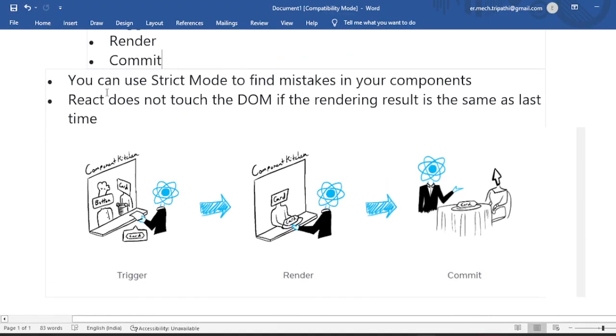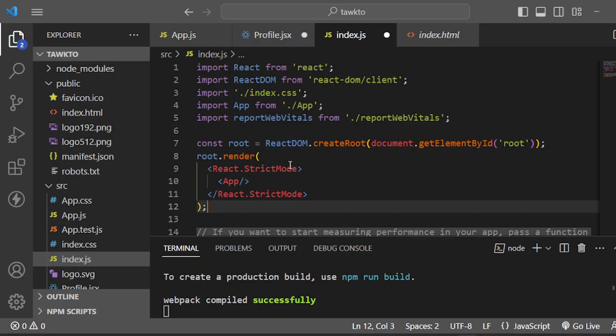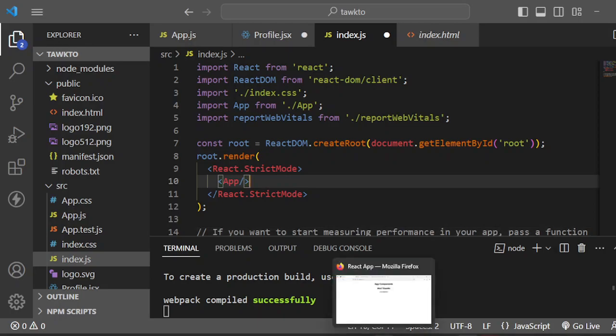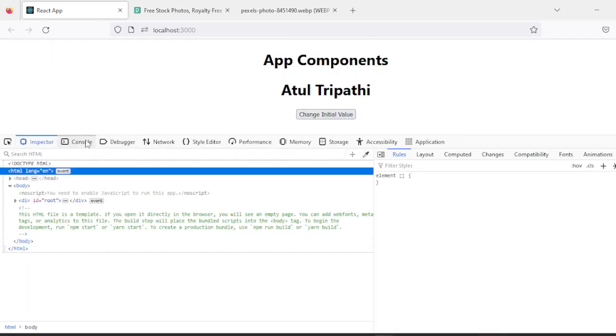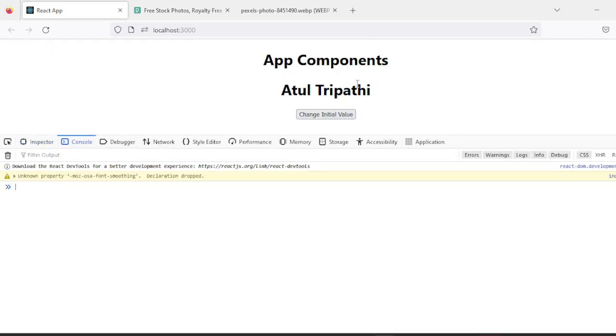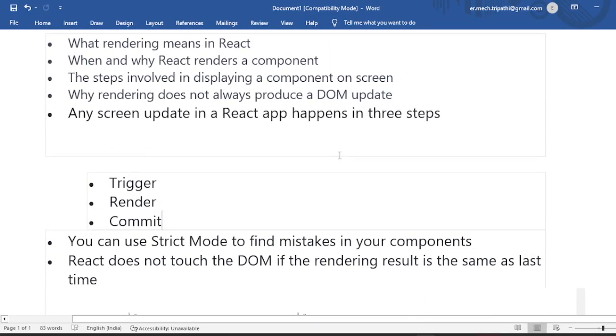And you can use strict mode to find mistakes in your component. I have already discussed it, but I have it here. React strict mode provides the mistakes or any issue or error in your development, so it identifies and throws them on your browser or in your console like here. So that is a very important thing,